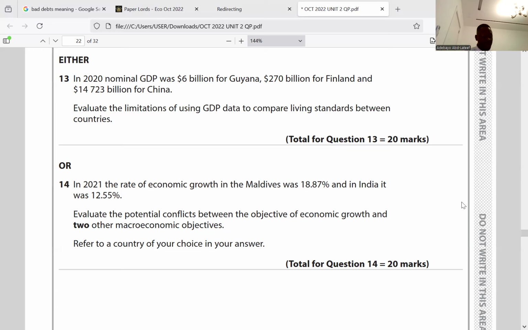No, you mentioned 8 points here. I told you it's a 20 marker. You are expected to give me 10 points, not 8. There's still more to talk about. It's economic growth. There are conflicts. You talked about inflation. You talked about standard of living. And earlier you said you mentioned everything you're supposed to mention.